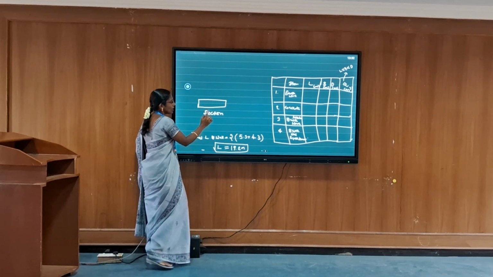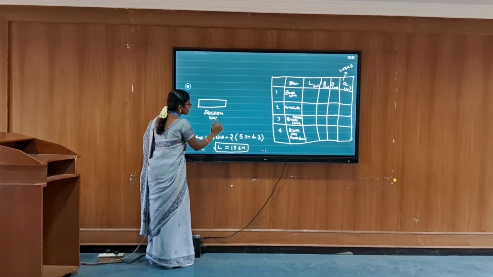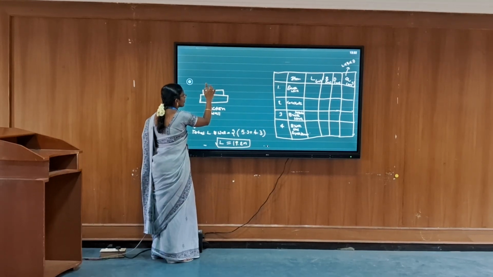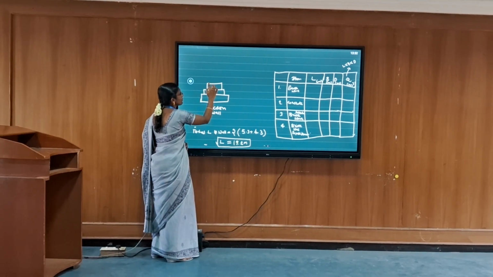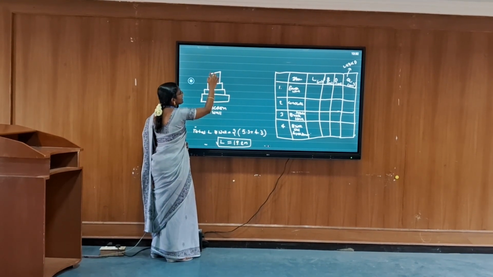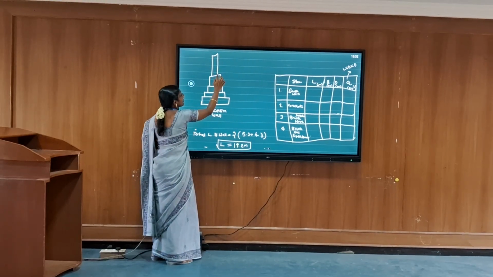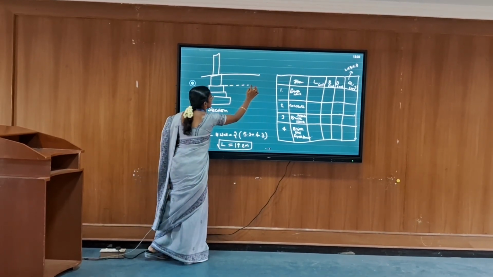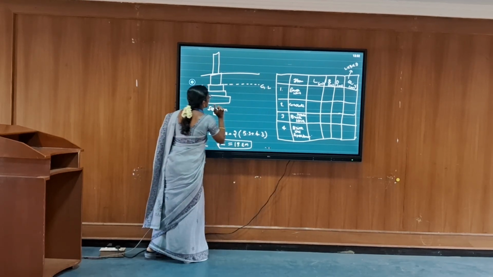Now you want to calculate the cross section of the wall. So the cross section of the wall will be like this: the foundation, first footing, second footing, plinth level, then the superstructure of your wall. So like this. Still the ground level is called as an